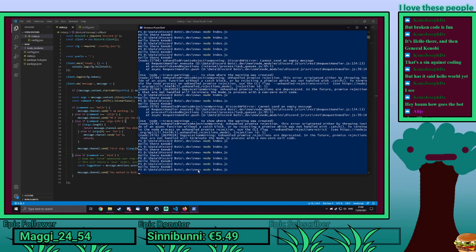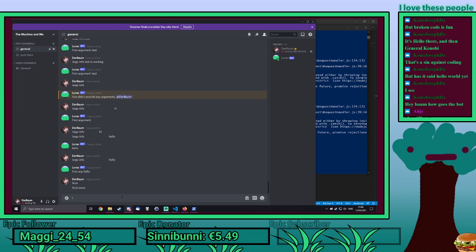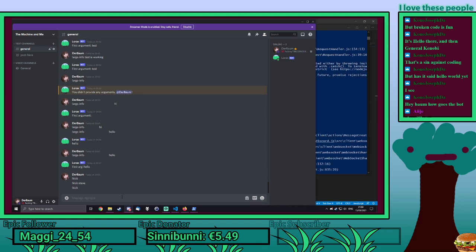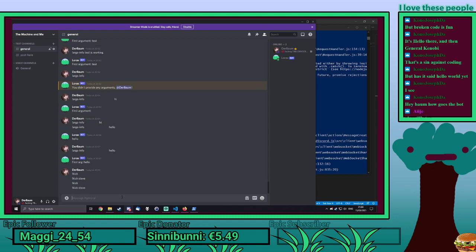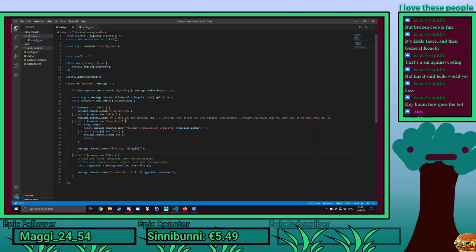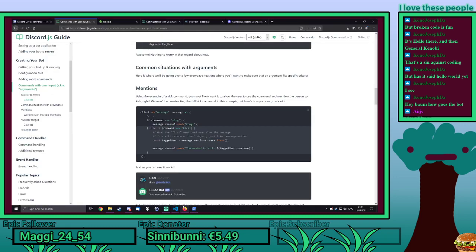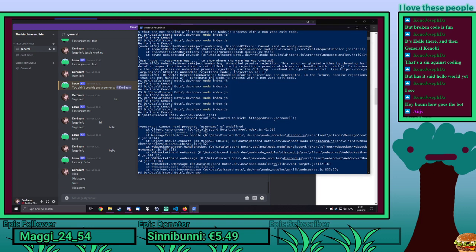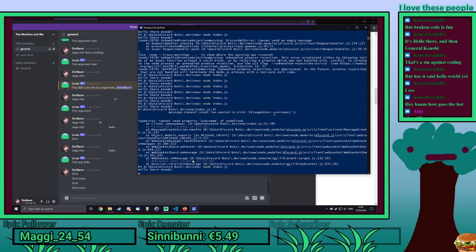So we restart the bot again, and now if we say kick, then it still brings up nothing. We say kick Steve, and it brings up nothing because there's nobody mentioned. That's why I didn't find anything wrong with this. But yeah. This time the code got executed, but it threw an error, which is tagged username,